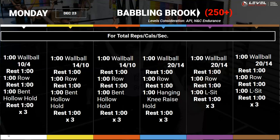So when you're working with those wall balls, when you're sprinting, when you're rowing, you are sprinting during that minute because you get as much rest as you do work, even maybe a little bit more rest with the L-sit there. With the L-sit or the hanging knee raise or hollow hold, you're not going to be working the entire minute. You'll just be accumulating as many seconds as you can over the course of that minute,